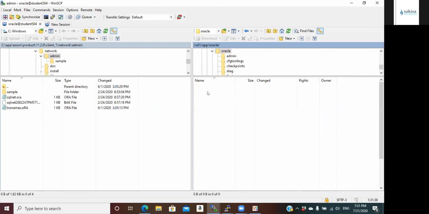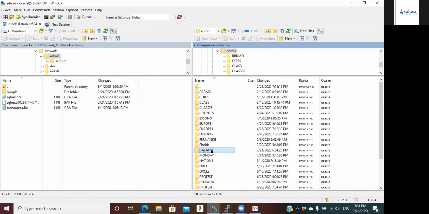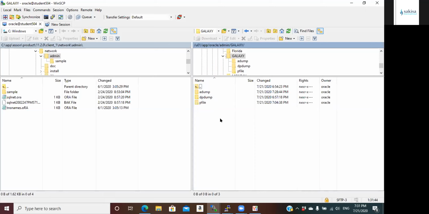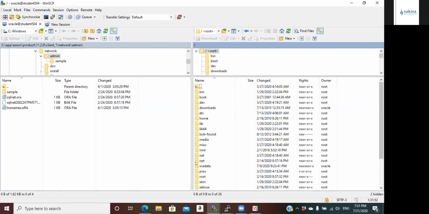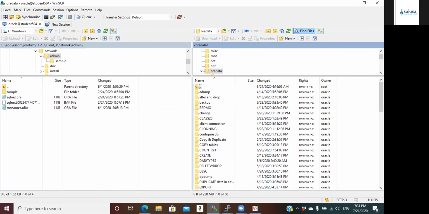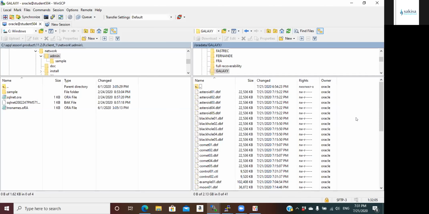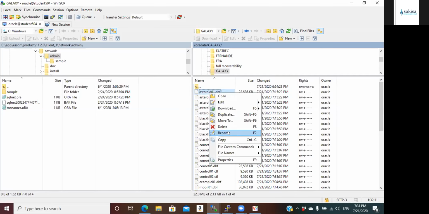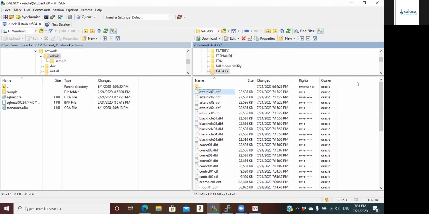Question, what are you doing? You're trying to drop it. Is it not in Oradata? You put it in Oradata. I'm not seeing it. Just refresh your screen, you'll see it. Wow, you have so many things in here. Okay, so these are the data files. I'm trying to drag everything and delete them, except the example and stuff.